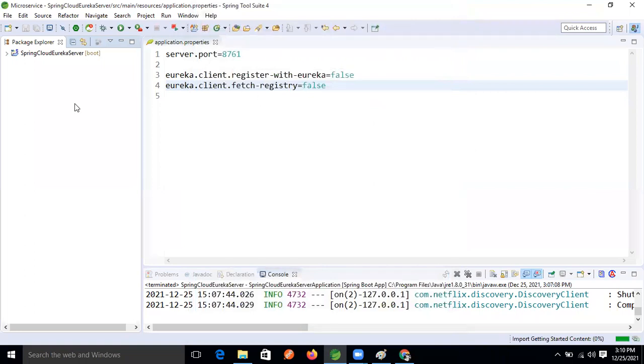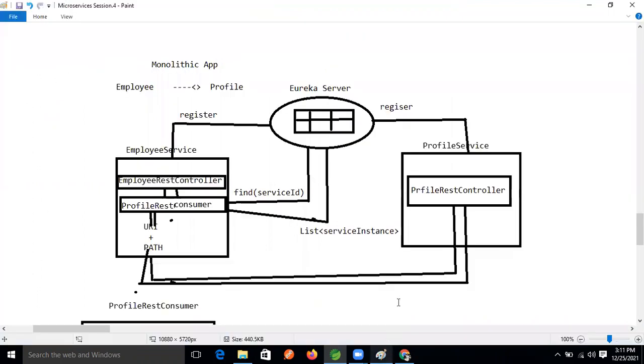Project creation is going on, guys. Wait. We are working in this area now, guys.